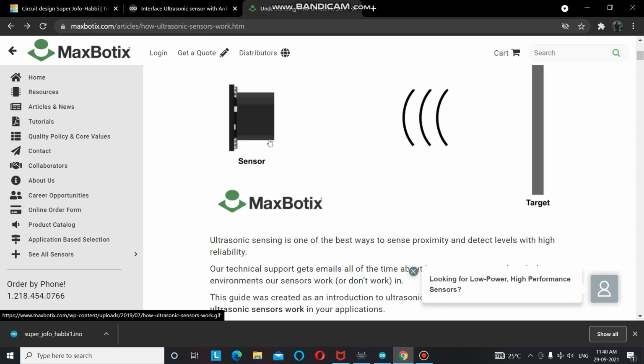waves. So one channel transmits the ultrasonic sound waves in the surroundings, and when the sound waves strike any kind of object, they get reflected back to the sensor module, and by calculating the time duration between the transmission and the receiving instant, and using the speed formula, that is equal to distance upon time, we can easily calculate the distance between the object and the sensor. The sensor technology is used to measure the depth of the oceans, to detect objects at distant places, or make radar systems.